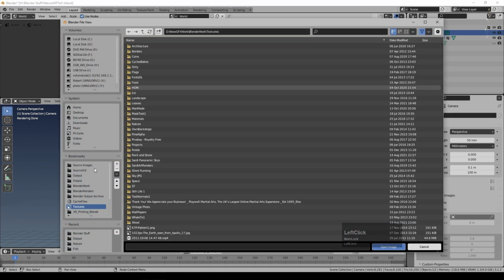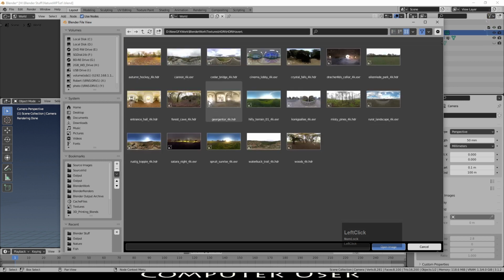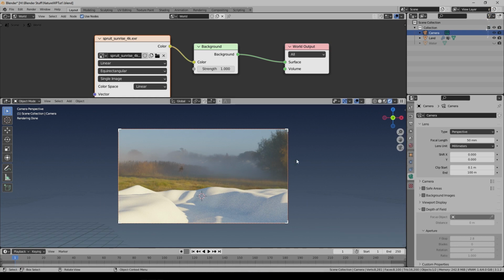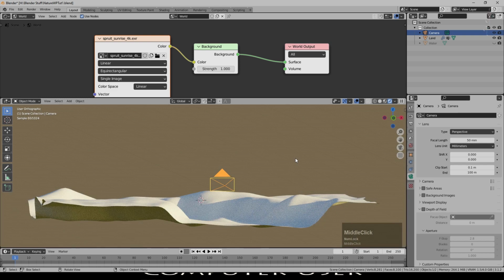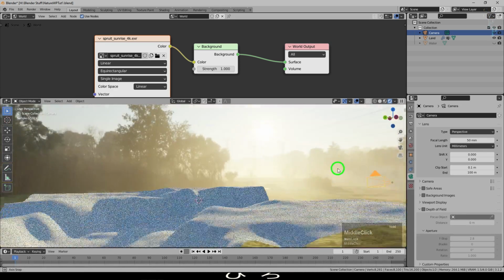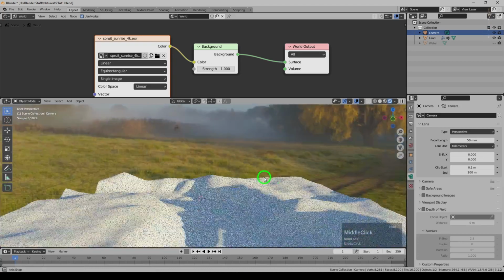So I'll now open this up and we'll go to my HDRI textures. And I think I used one from here. So this one's got a nice bright light in it, as well as some trees. So we'll try this one. Yep, I think that is the one I used. So you can see, even though I've added no lamps to the scene, adding this HDRI, which is effectively, if I come out of orthographic view, you can see it, it's effectively all around the scene. That bright spot in the sky there is providing all the light that the scene needs.